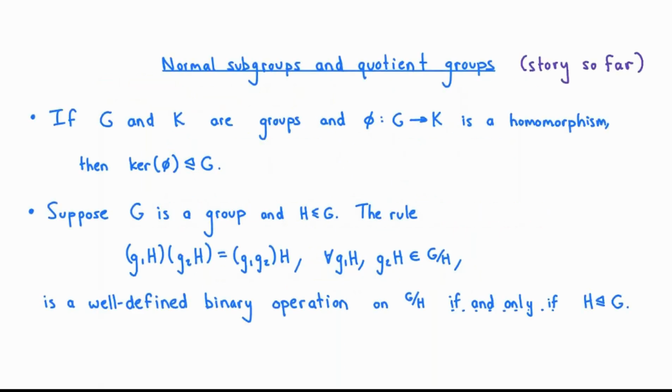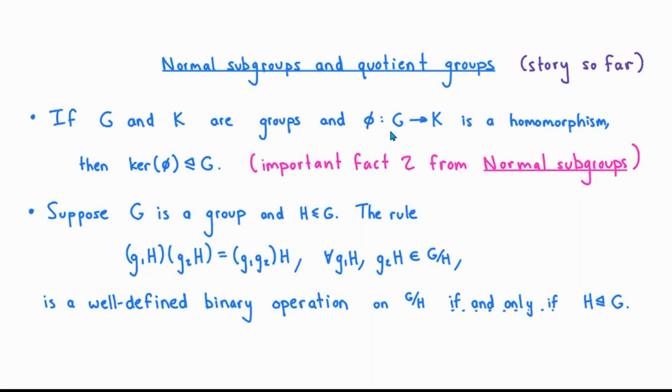I'd like to start by reminding you about a few important facts that we've gathered in our previous videos on normal subgroups and quotient groups. First of all, in our video on normal subgroups, we proved that anytime you have two groups G and K and a homomorphism phi from G to K, then the kernel of that homomorphism is always a normal subgroup of the domain. And secondly, in our previous video on quotient groups, we proved that anytime you have a group G and a subgroup H, multiplication of left cosets in G mod H by the rule that g1H times g2H is g1g2 times H is a well-defined binary operation on the quotient space if and only if H is a normal